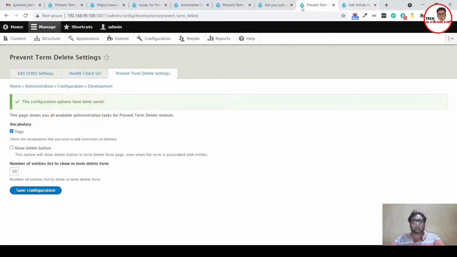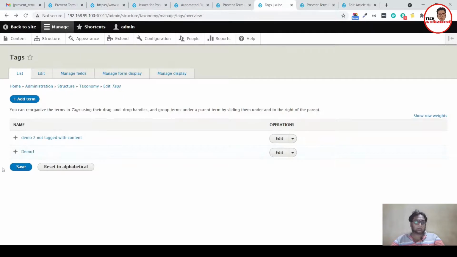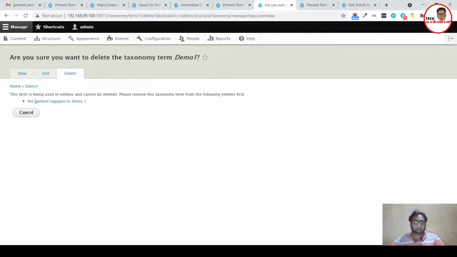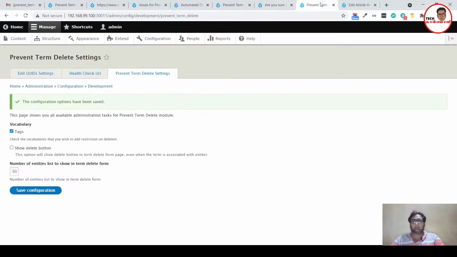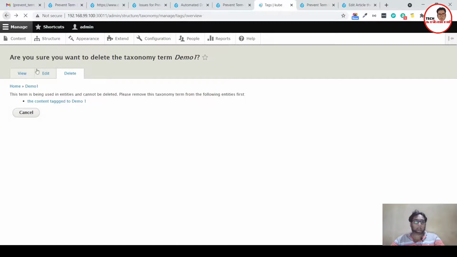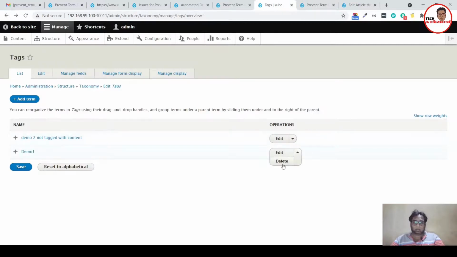And if I try with the tag that is tagged with the content, it is not allowing me to delete. And if you want to force show the delete button, you can just use this one.